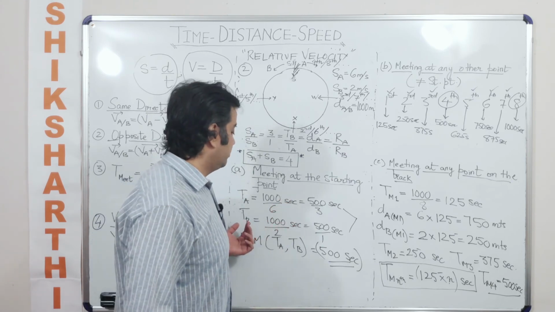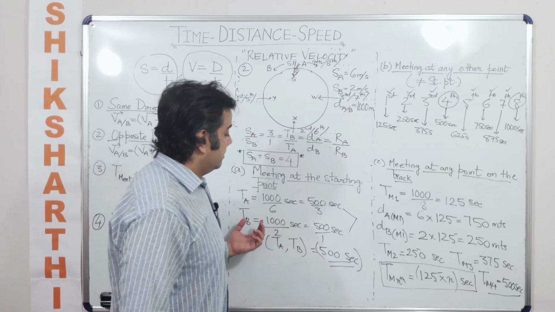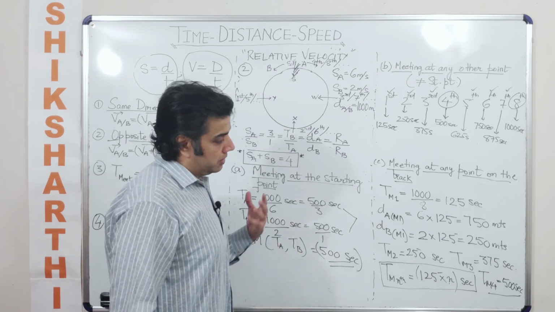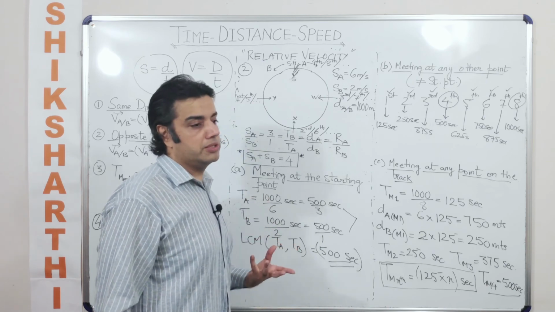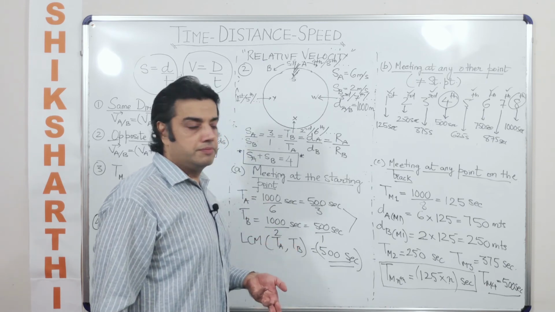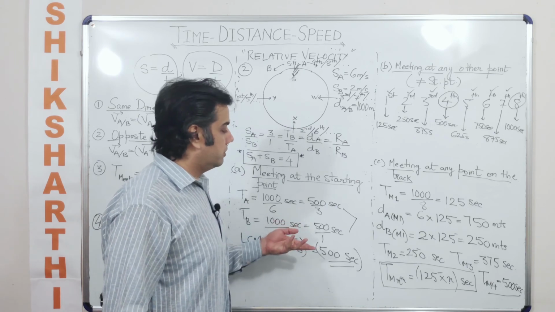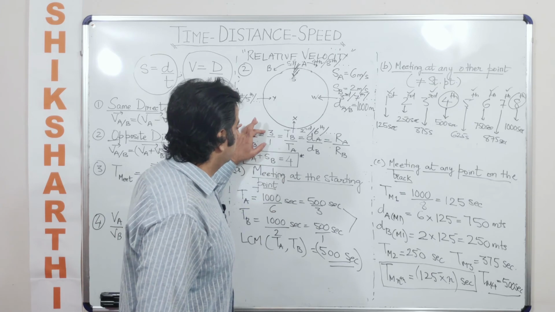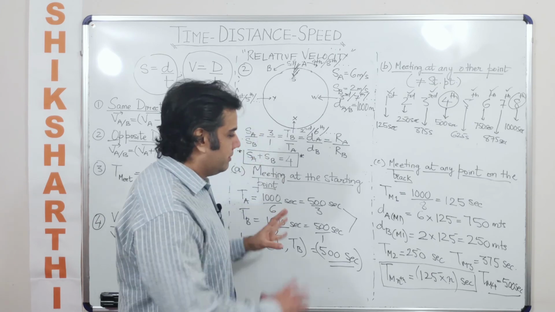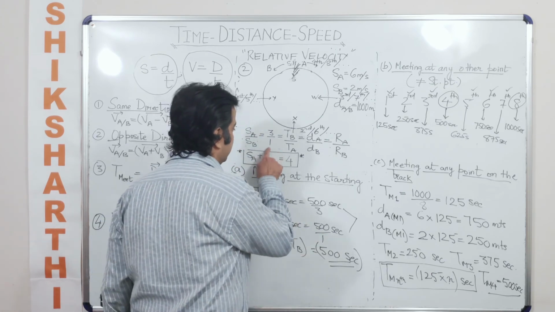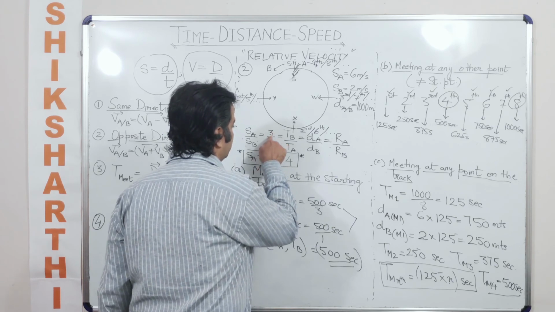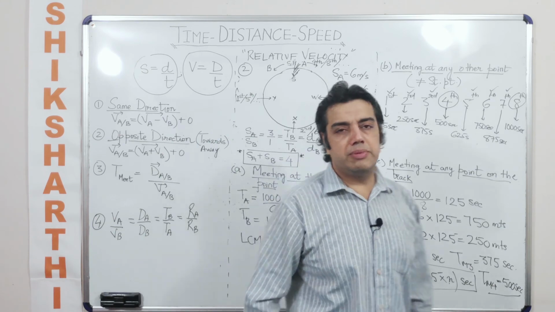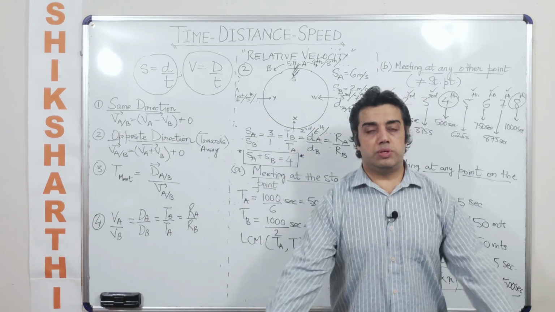And the same thing you can talk about B. For example, you can say B takes 500 seconds to run one full round. So in 125 seconds, B would take how many rounds? 1/4 of a round. So if B is taking 1/4 of a round, how many rounds would A take, given the fact that the ratio is 3:1? So everything is interconnected. If I take this as 1/4, I'll be forced to take this as 3/4 only. So then you can get the number of rounds being run by both of them individually.